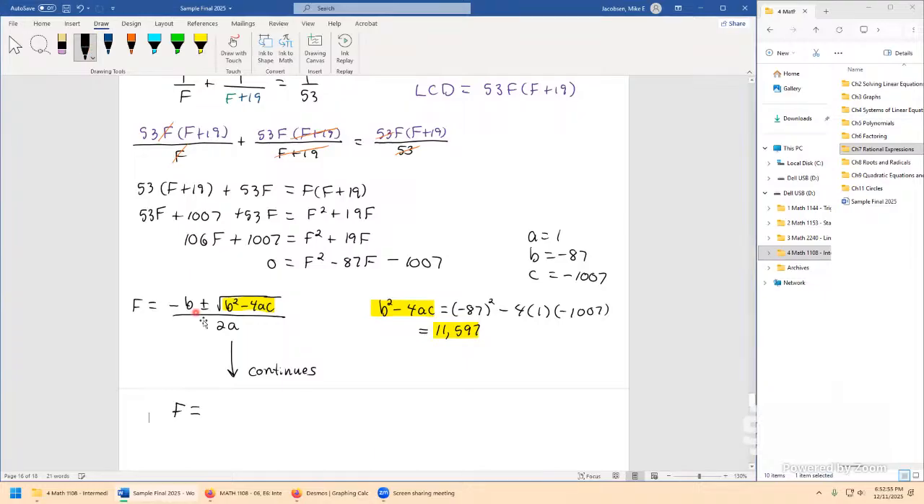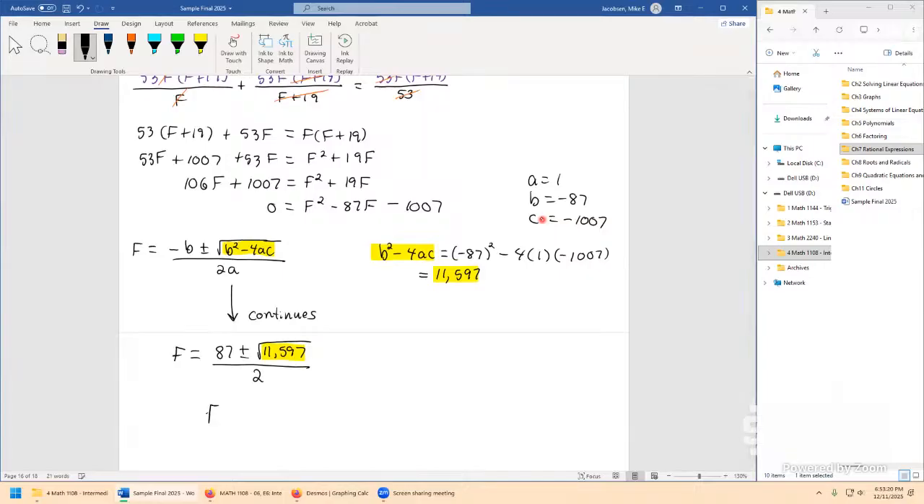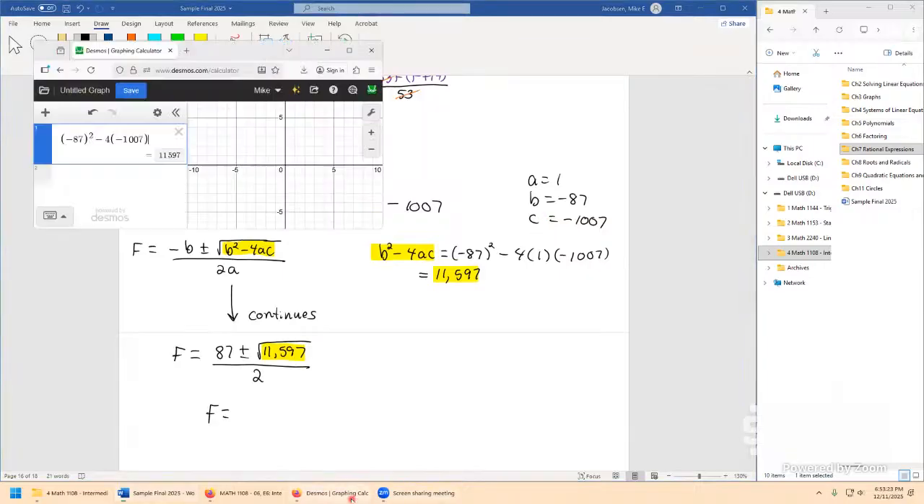F is now negative b, so that's going to be negative of negative 87 for a positive 87, plus or minus the square root of 11,597 divided by 2 times a, which in this problem is just 2 times 1, so just a 2. Now we can calculate these. Let's see what f comes out as. In your calculator, make sure you take a parenthesis to capture the entire numerator. 87 minus square root 11,597,